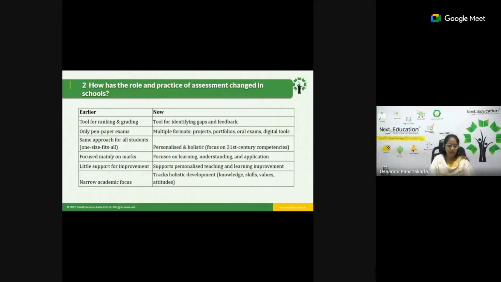But still, people can ask, why do we need this holistic development and competencies in whatever assessments we are trying to integrate into our curriculum? So why is there a need for, one, holistic development, and the second, competencies? Anyone? I already told this answer in the flow, but you would have captured it.